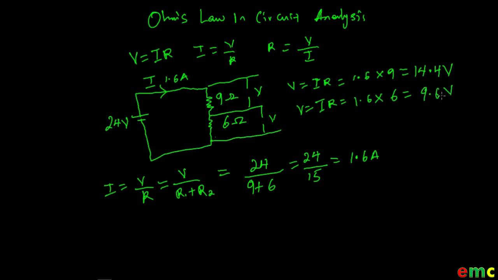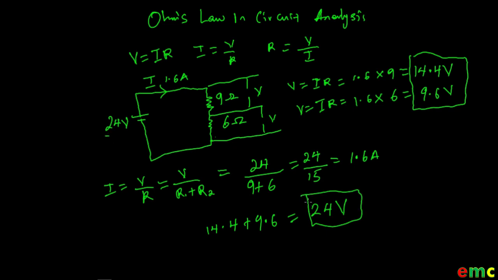Now if you find the sum of these two voltages, the voltages that are dropped across the resistors, 14.4 plus 9.6 volts, that is going to give us 24 volts, and that is equal to the voltage that is energizing the circuit, which is a correlation of Kirchhoff's voltage law, which states that the algebraic sum of the voltages in a loop is equal to 0, or the voltage that is dropped across the circuit is equal to the voltage that is